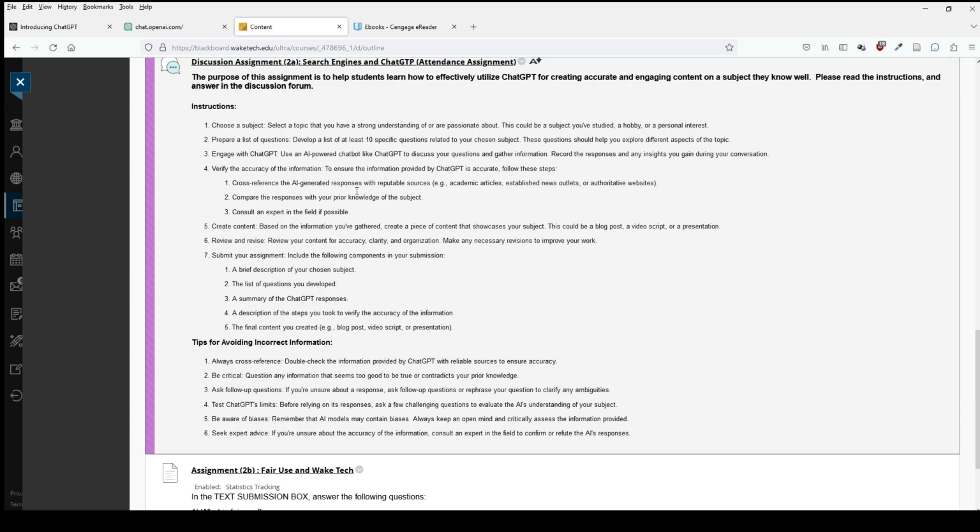Once you've figured out whether it knows about your topic, this is the more fun part. Ask it to do something creative with your topic. For example, you can have it write you a short article. You could have it write a script for a screenplay. You could have it write bullet points for a presentation. Practice asking it to do something like that for you. Look at what it says